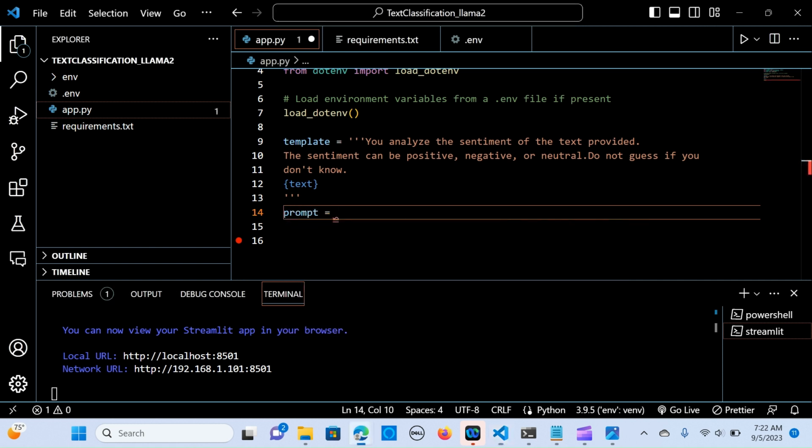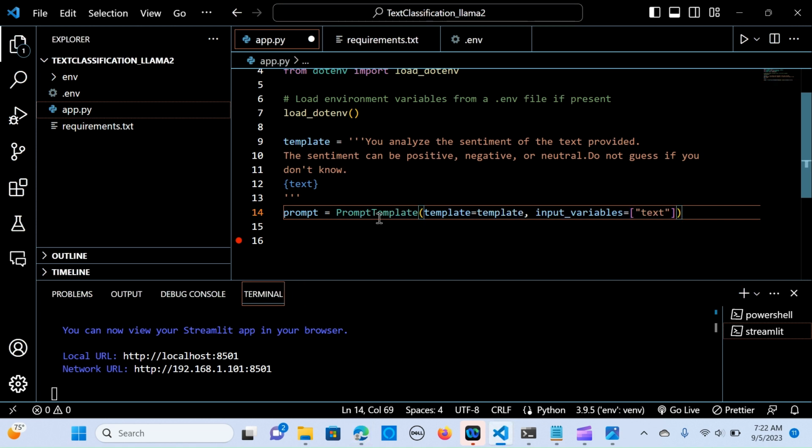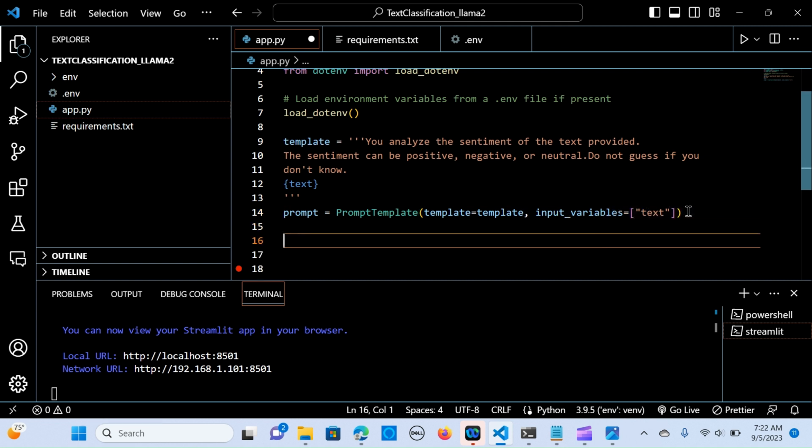And prompt is, we call it prompt template. Okay. It's a prompt template. We are going to pass in this prompt, and the input variables is going to be a text. Okay. So the next thing is we initialize